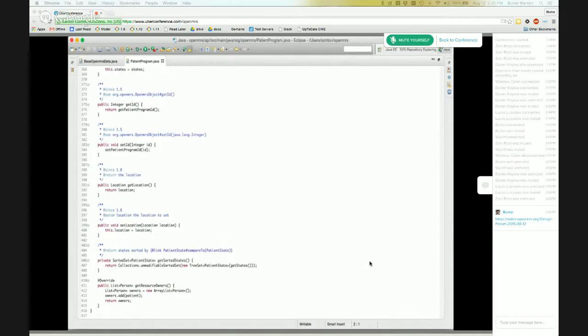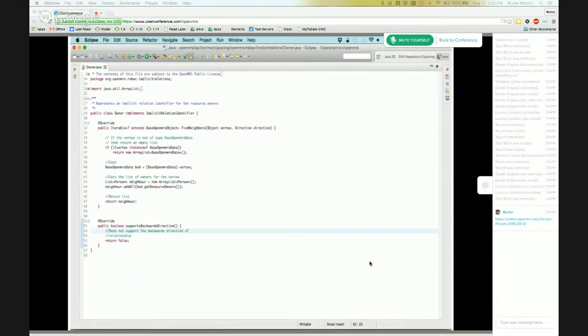And the relationship that uses these owners is described here in this class. So here we first check if the vertex we're looking at, the object we're looking at, is a type of base OpenMRS data object, because we need to ensure that it has the right methods instantiated.